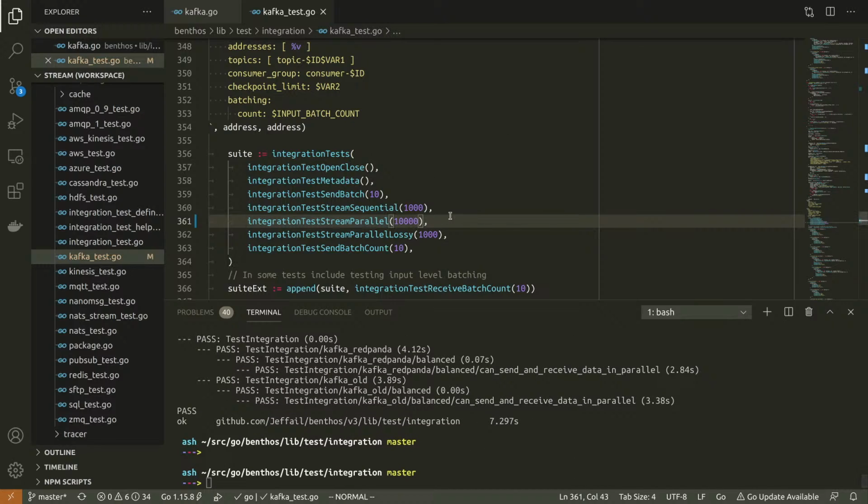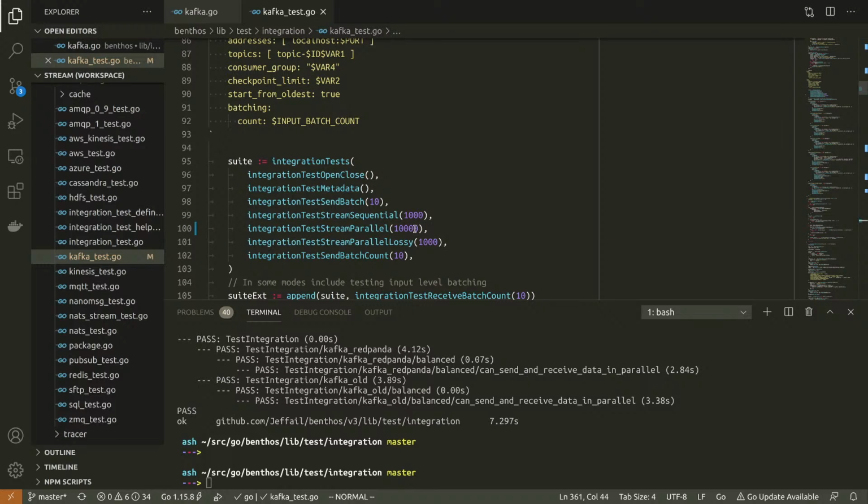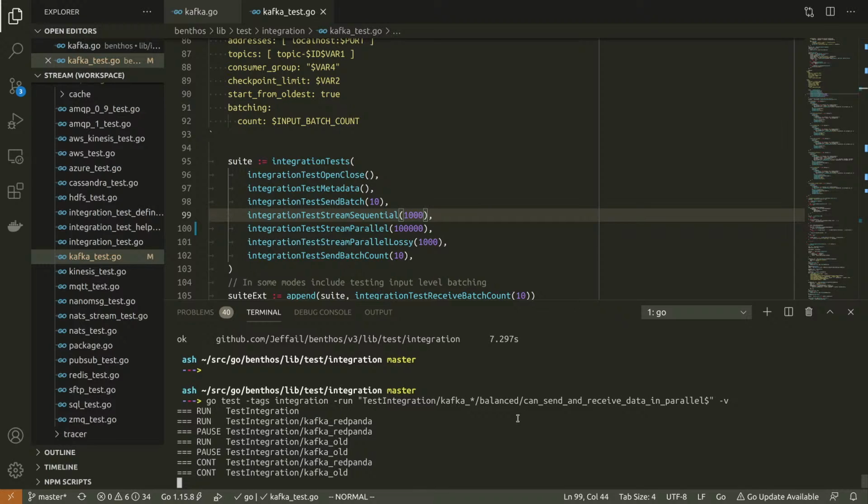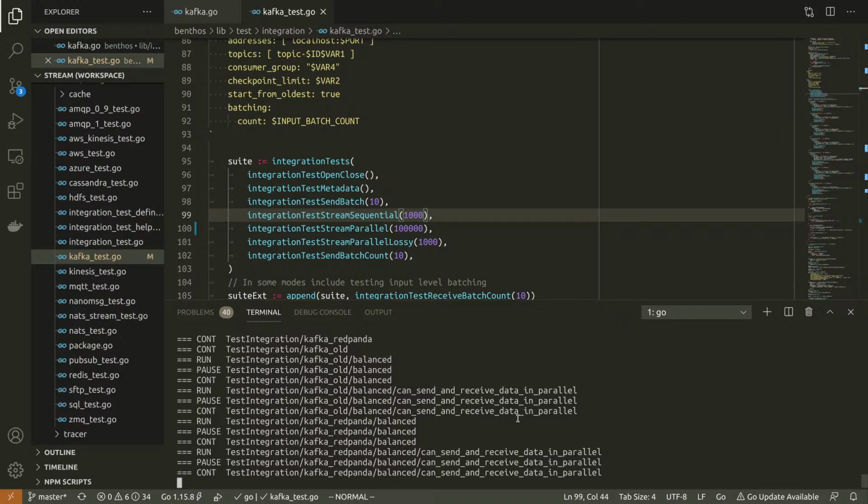I just want to know what order of magnitude I should be setting here to get a benchmark. I want a benchmark that's going to run for about a minute or so, so I know that we're properly saturating it with data. We're not just measuring how quickly I can spin up a Docker container.